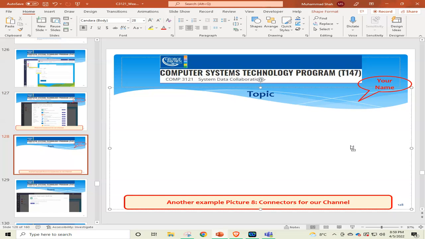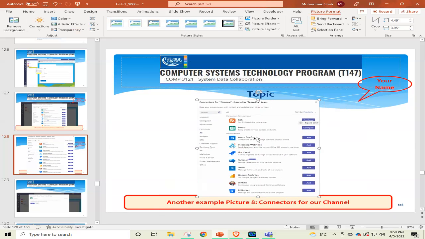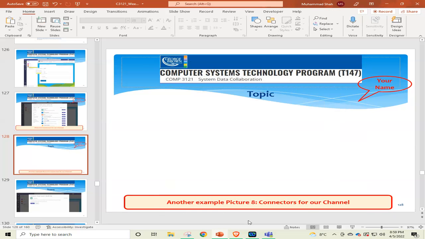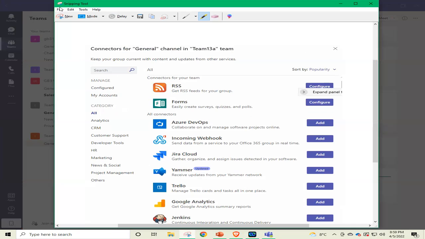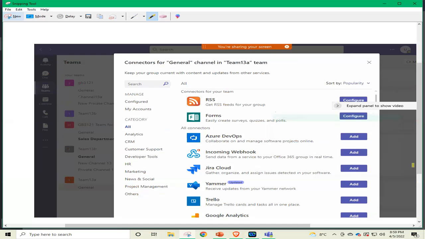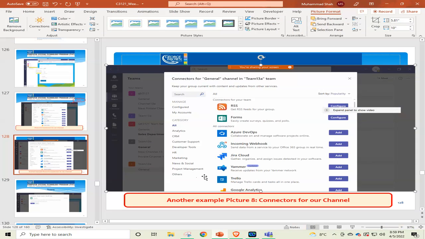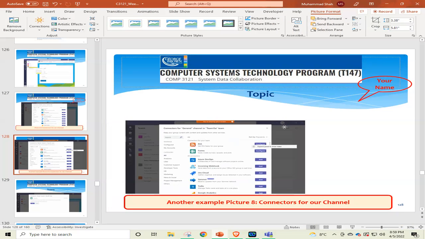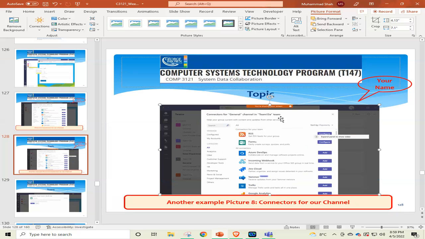This is the second picture. The name, oh sorry, if we take the full page picture, then we can show the name also. New picture from here to anywhere. Here we can show the picture, the name also, and the picture of what connectors are configured for our site. These two, and the picture is here.